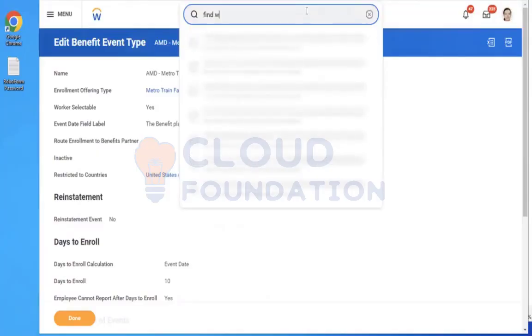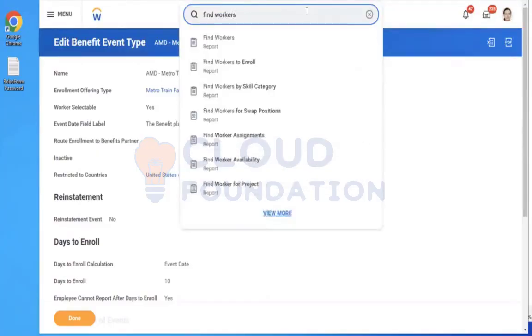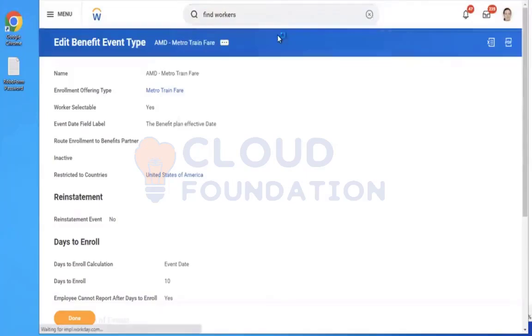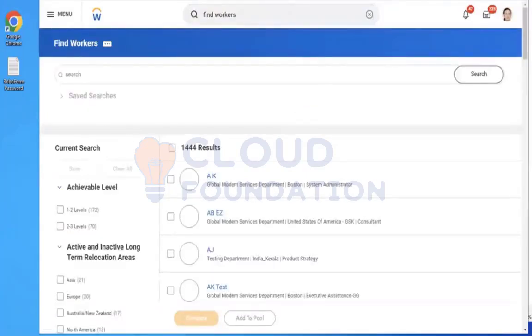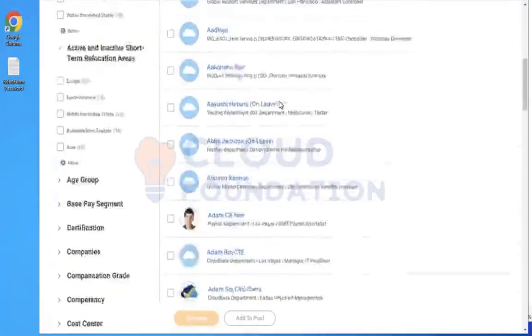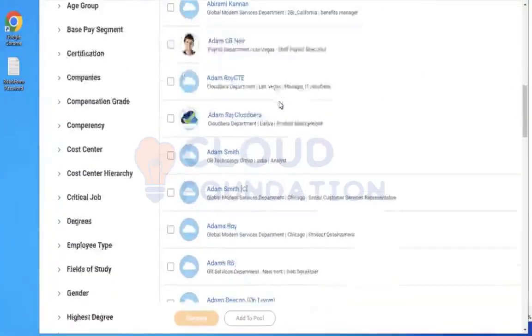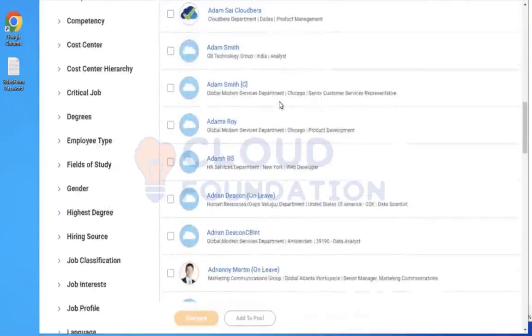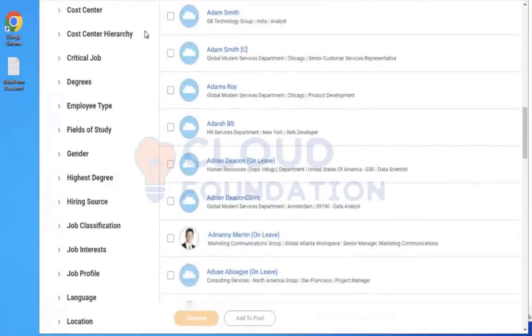No worry. Search for Find Workers. Whenever we are doing testing, it is really very helpful because it has a wide variety of filters. It helps you remember people's names as well. Actually, this is really very helpful when you perform testing. For example, you want to test an employee in USA, a regular employee in USA, or regular plus Chicago. So you have all these options.